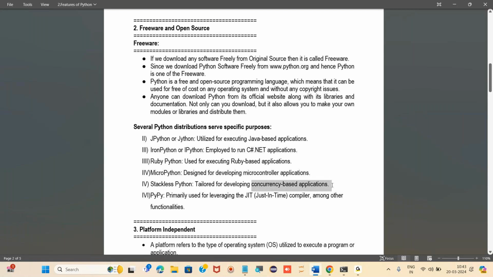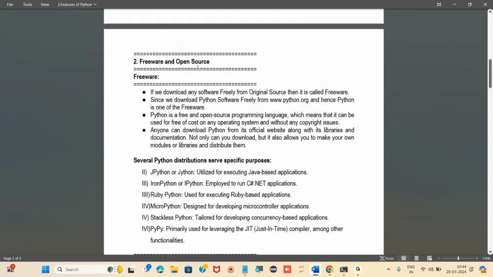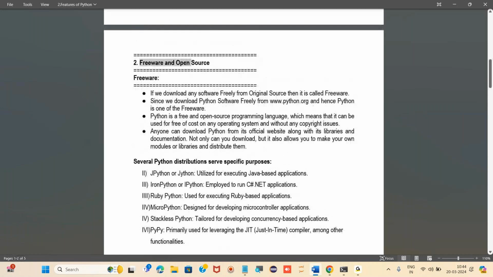PyPy is primarily used for JIT, a just-in-time compiler. That is a compiler. This is what we have about freeware and open source. Python is known as a freeware and open source language.